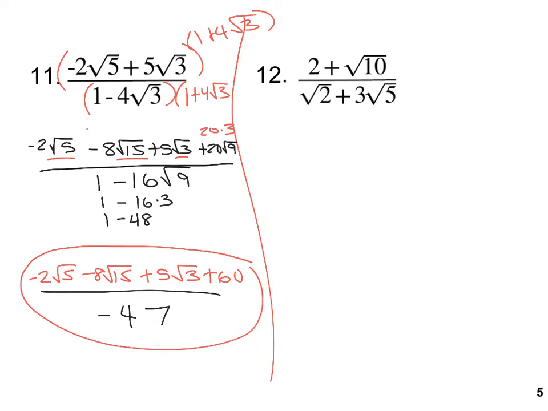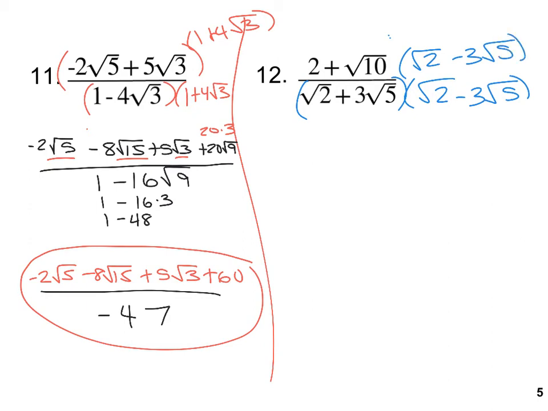Alrighty. Last one. Let's see what happens here for this one. See if anything fun happens. Root 2 minus 3 root 5, root 2 minus 3 root 5. Oh, we're going to have to simplify. I can see that because I'm going to multiply 10 times 5, which is 50. All right, so